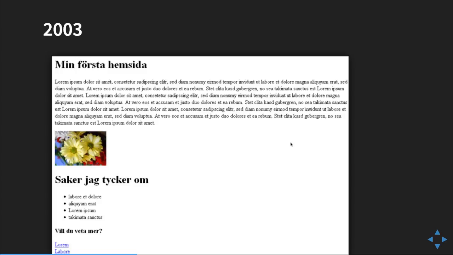This tells a lot to search engines. For instance, it tells the search engine that this is a header. And by that, the search engine will know, okay, this is probably quite important. This is probably what the page is about. It will tell the search engine that this is a paragraph of text under this headline. It will tell the browser that "saker jag tycker om" is yet another headline. It will tell the browser that this is some kind of